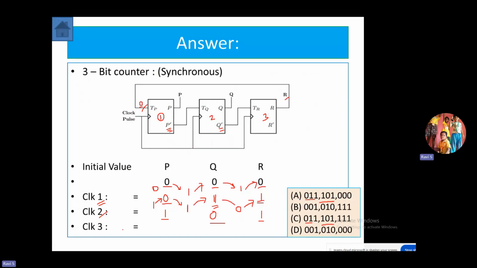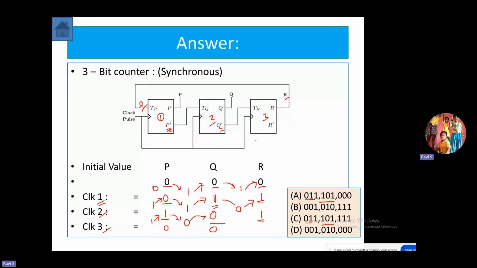We need to apply our third clock pulse as well. Now for the third clock pulse, the first flip-flop receives the R output as input. So 1 is applied as input. It is going to toggle from the present value, so it changes to 0. Similarly, the second flip-flop receives the output P bar. The current value of P is 1 and P bar is 0. That 0, applied as input for the T flip-flop, is not going to change it,